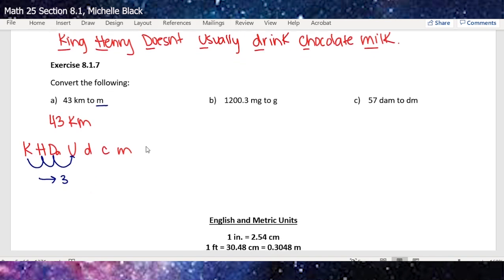So take your value of 43, find your decimal point. If you don't see it, that means it's at the end on the right. And you're going to count 1, 2, 3, and you're going to put it where you ended. And then fill in all of those gaps with zeros. So what we see is that 43 kilometers measures the same distance as 43,000 meters. Or what we really did was we multiplied 43 by 10 to the power 3,